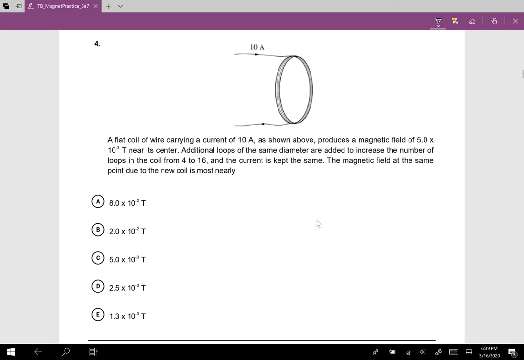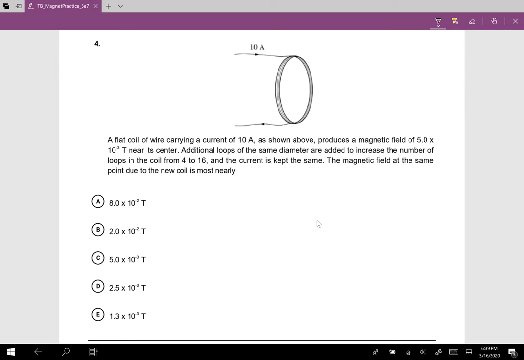A flat coil of wire carrying a current of 10 amps as shown above produces a magnetic field of 5 times 10 to the negative third Teslas near its center. Additional loops of the same diameter are added to increase the number of loops in the coil from 4 to 16, and the current is kept the same. The magnetic field at the same point due to the new coil is most nearly